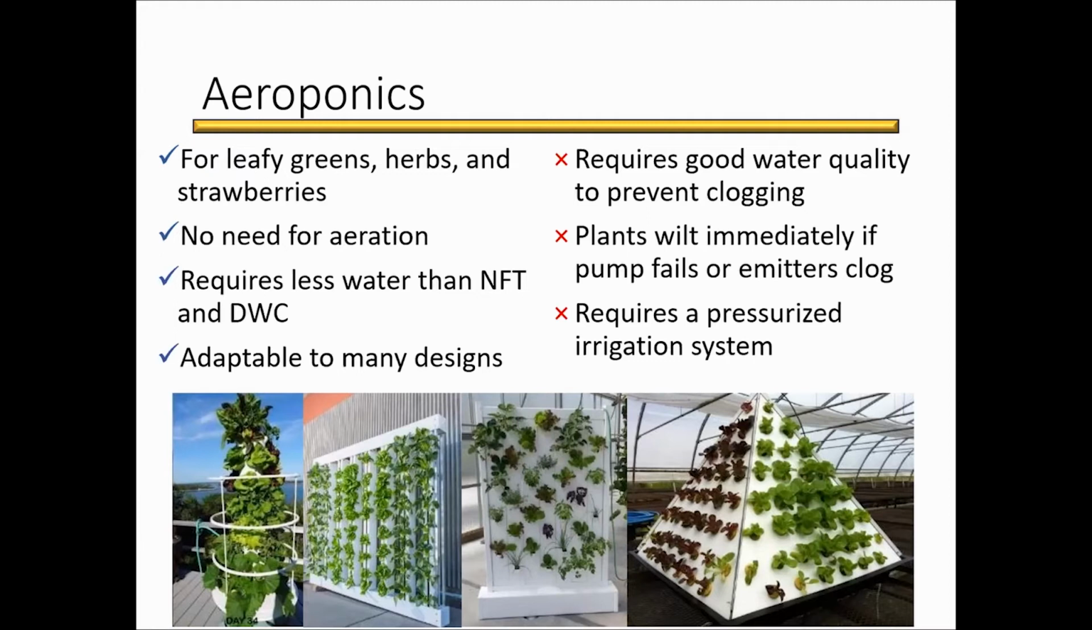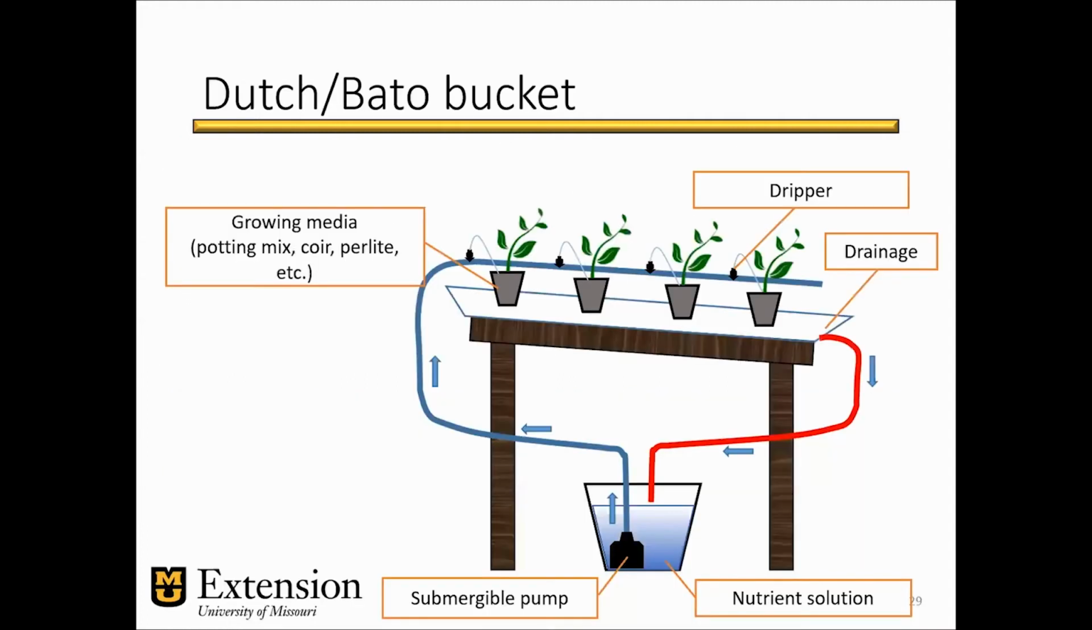And it requires pressurized irrigation systems. So your operating costs might be a little bit higher relative to the other two systems. The Dutch and Beta bucket, you have the plants in a container and you have some sort of growing media inside those containers. Notice that I'm not saying soil, I'm saying growing media. You have some drippers and you collect that water draining from those containers and you recirculate it through the irrigation